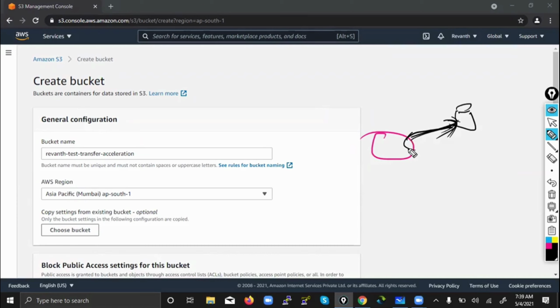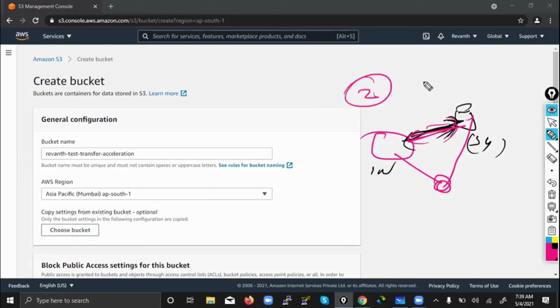If you enable it, it will go somewhere here and then again here, instead of the shortest path, where normal internet speed is maybe enough. So in these second type of scenarios,